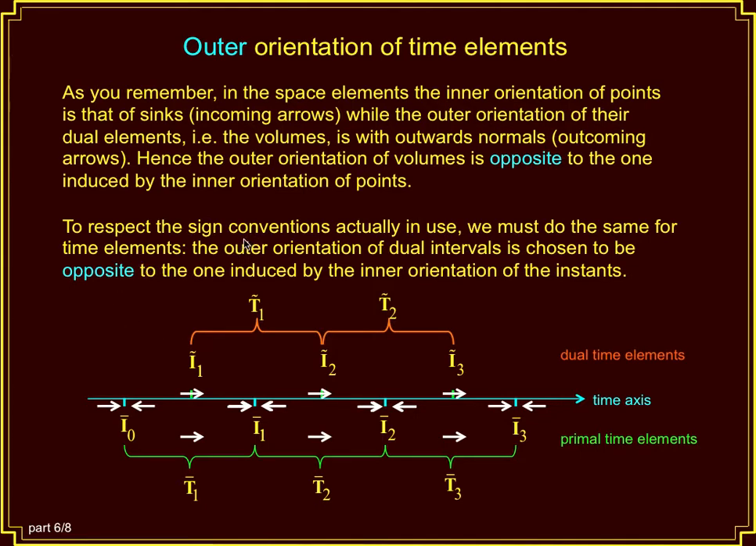To respect the sign convention actually in use, we must do the same for time elements. The outer orientation of the dual intervals is chosen to be opposite to the one induced by the inner orientation of the instant. Look here, the inner orientation of the instant changes sign and becomes the outer orientation of the interval. In this way, the dual instants are oriented with arrows outcoming